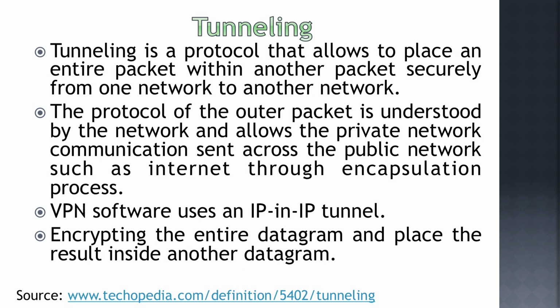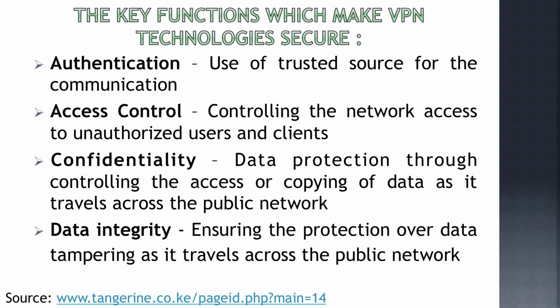VPN uses tunneling, as I told you in the previous slides. Tunneling is a process of placing an entire packet within another packet and sending it over the network. The protocol of the outer packet is understood by the network, and VPN software uses an IP in IP tunnel. So, it involves encrypting the entire datagram, and it places the result inside another datagram. This is what a VPN is, and the various key functions which make VPN technologies very secure are: